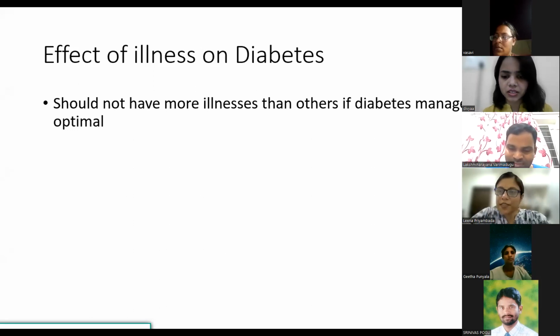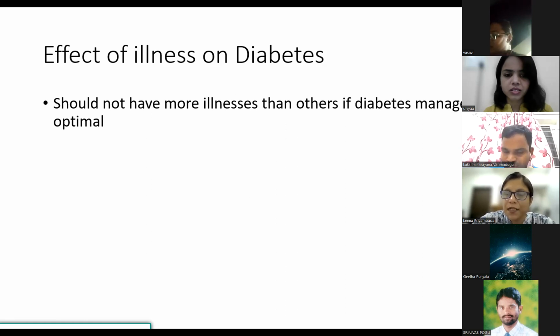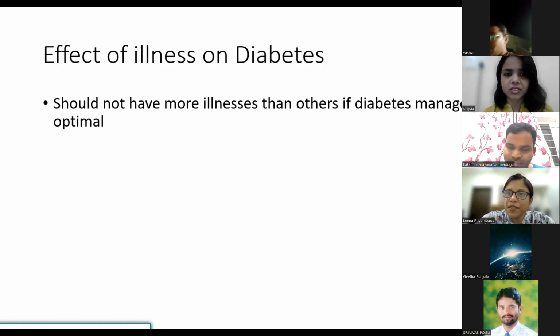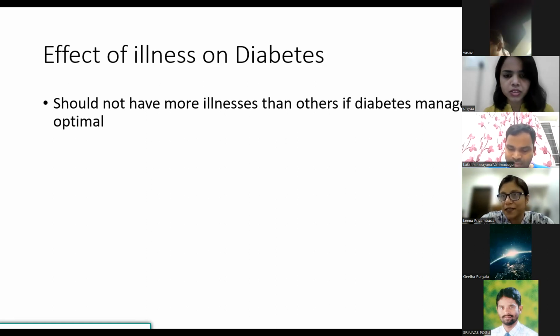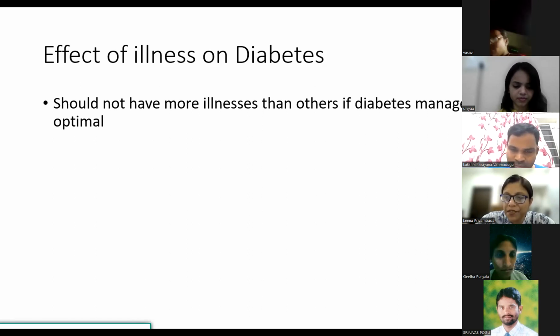So I wanted to tell everyone, mostly for all common illnesses, cough, cold, loose motions, vomiting, and all these common infections that children and people have, if diabetes is optimally managed, then it does not cause more illnesses than others. So this fear should be taken away from everyone, that a child, adolescent, or a person with diabetes